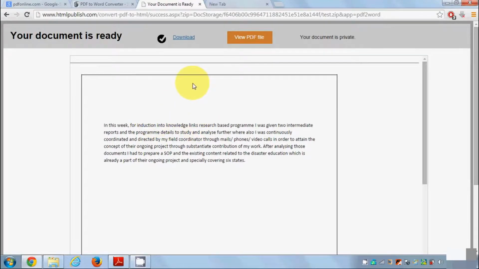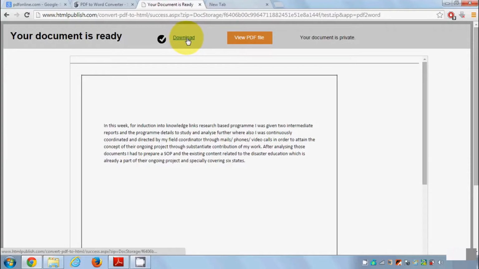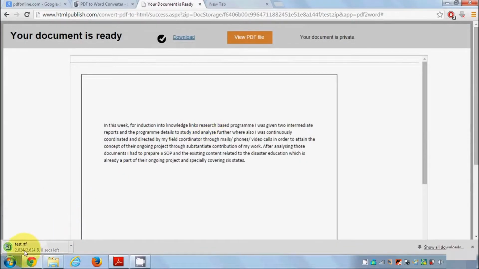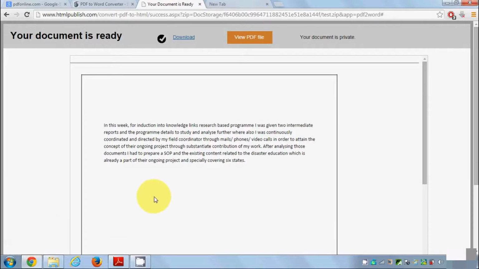a Word file. So it will give me the option to download this or view PDF file. So I'm going to just click this download button, and I want to download a Word file, right? So I will just click this Word file, and you can see this Word file is downloaded. I can open this file,